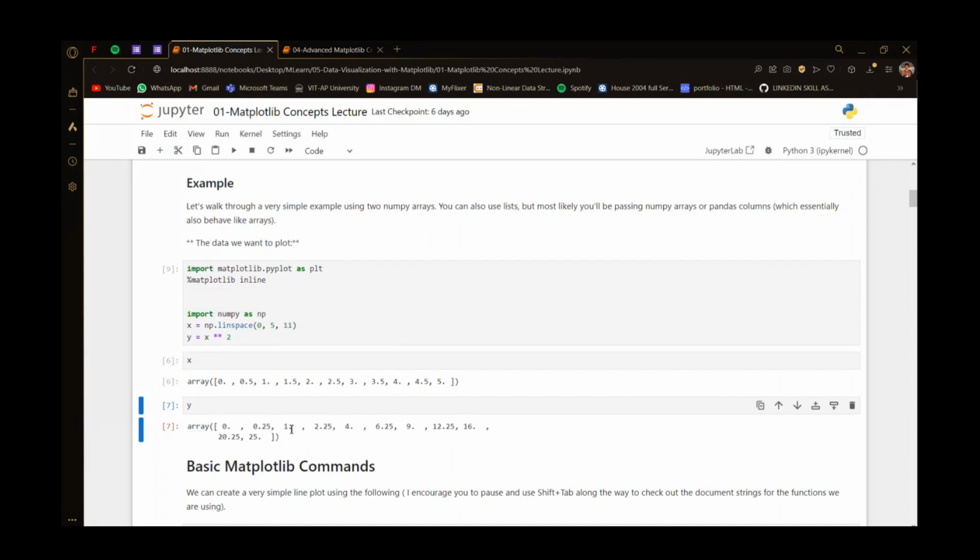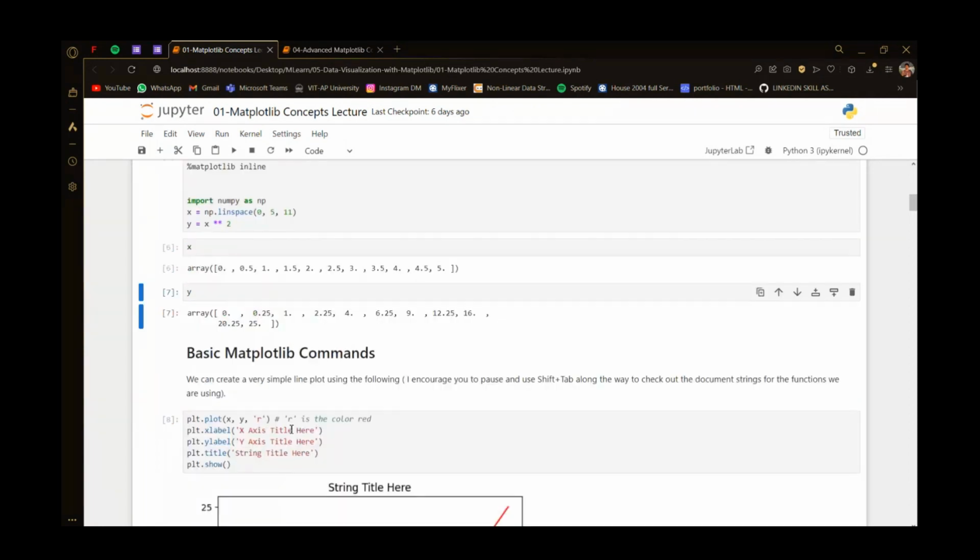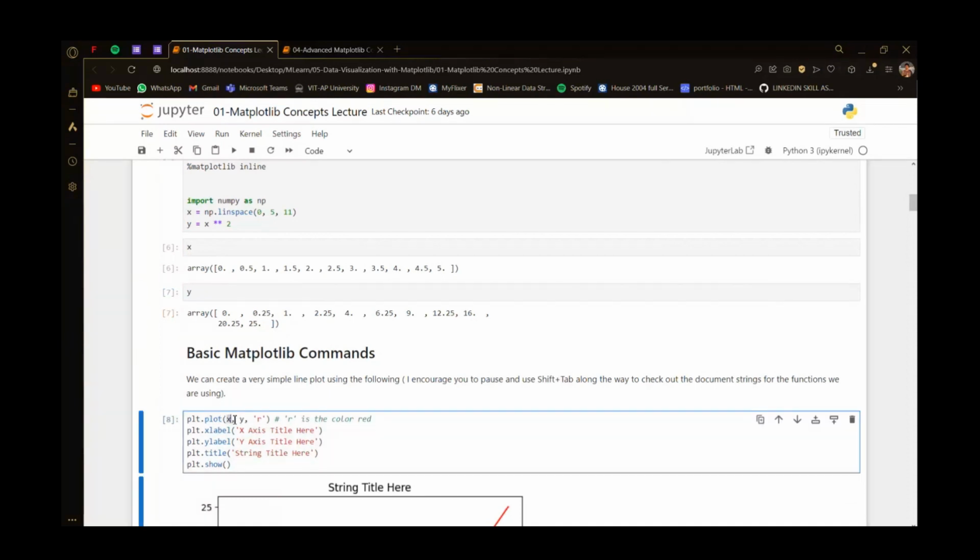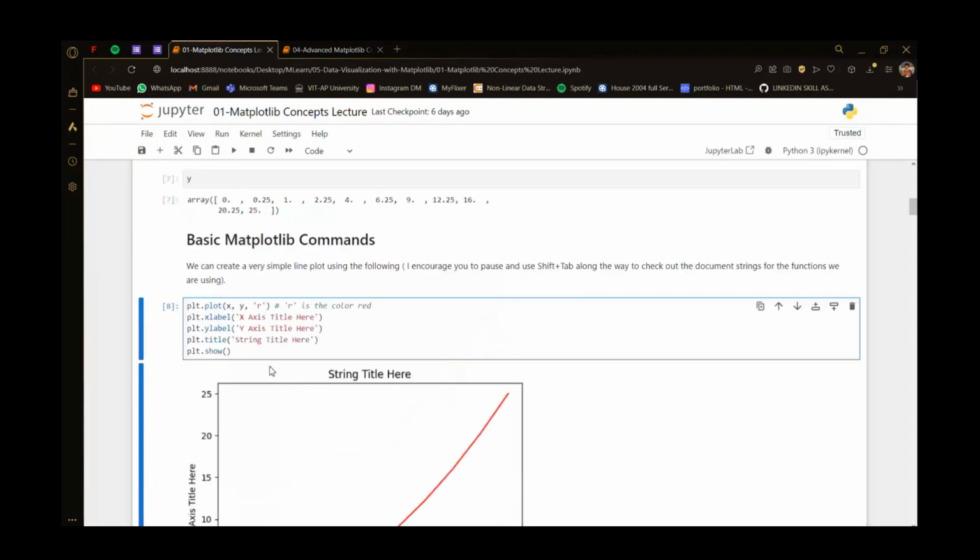There we go. Now, what if I wanted to plot a line showing x and y? Like, how do they differ? What I do is plt.plot. Now, your plot function